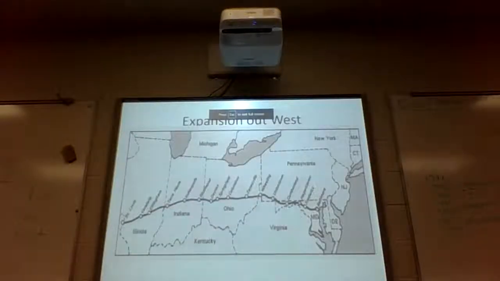Okay, so let me just show you a few things. This is the National Road, right? It starts in Baltimore, goes all the way to the Mississippi River. If you want to move out west, perfect way to get there. If you are raising cattle and you want to develop them into delicious T-bone steaks, perfect way to get them back to where most of the American population is. Paid for through tariffs. Interesting.